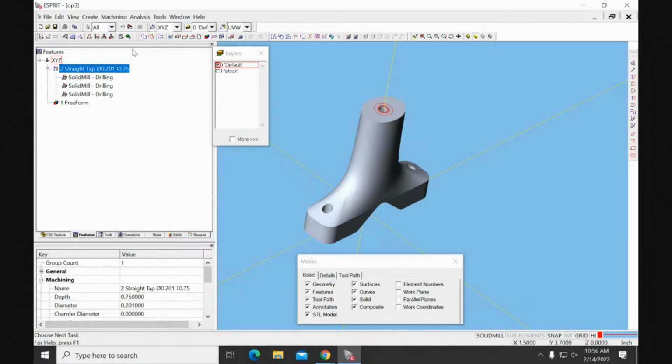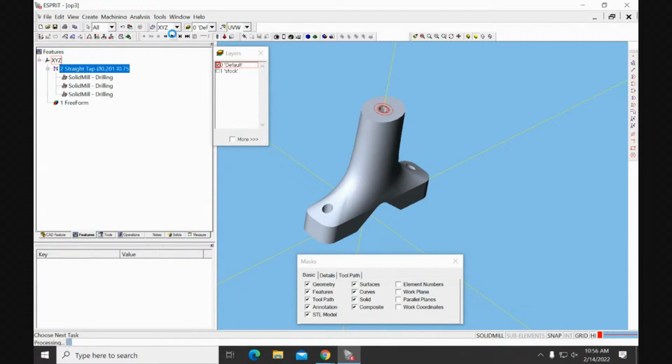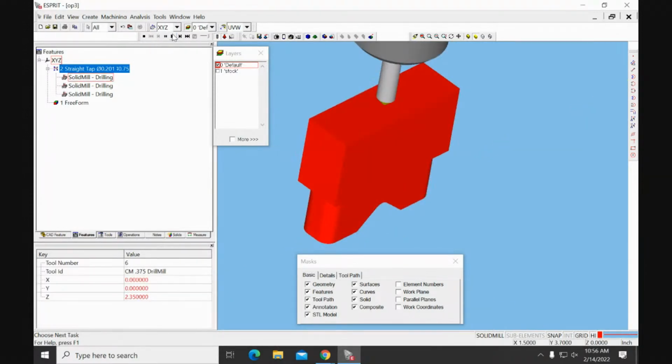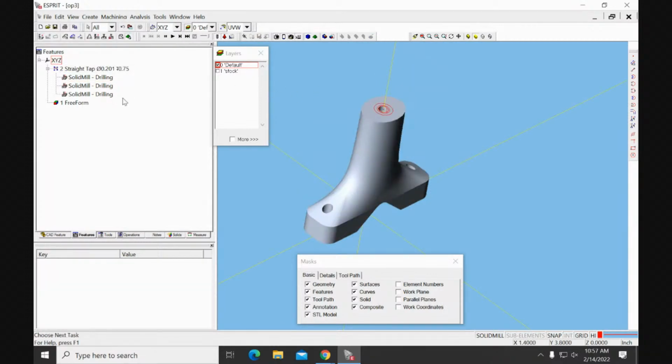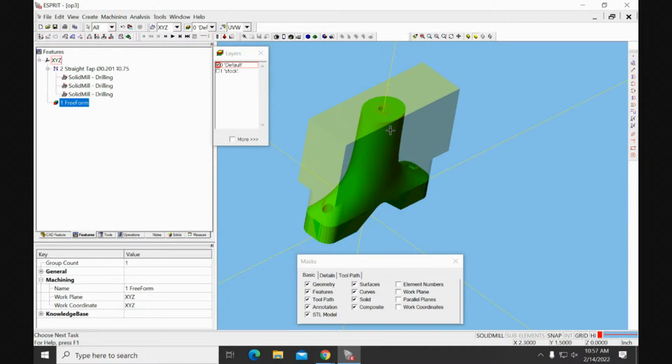And so now it's going to crash because we didn't face the material off, right? But so we'll do our freeform feature and then we'll switch the order of the operations. So it does the freeform feature first. All right, so a freeform feature, I want to do,